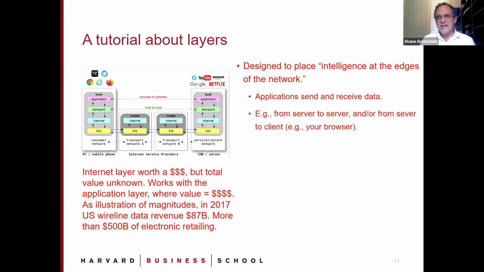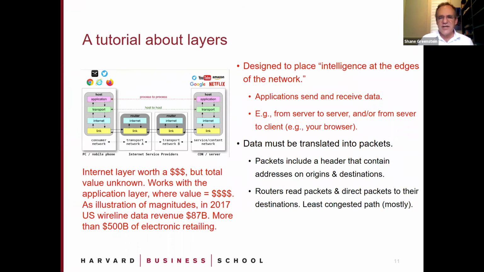And what's going on here is something that a computer scientist would call intelligence residing at the edges of the network. What that means is most of the computation for an action takes place in the application, and then the data communicates with other applications in other locations by translating its data into a packet, that is, into a standardized format for data. The packet is handed off by the application, often your browser, by the way, to a server. The server takes the packet and moves it into the transport layer, that is, across lines,